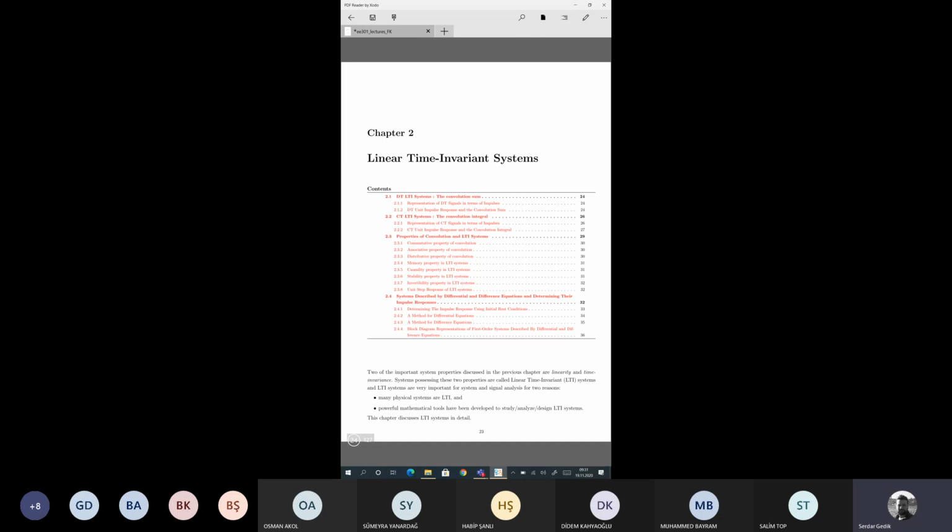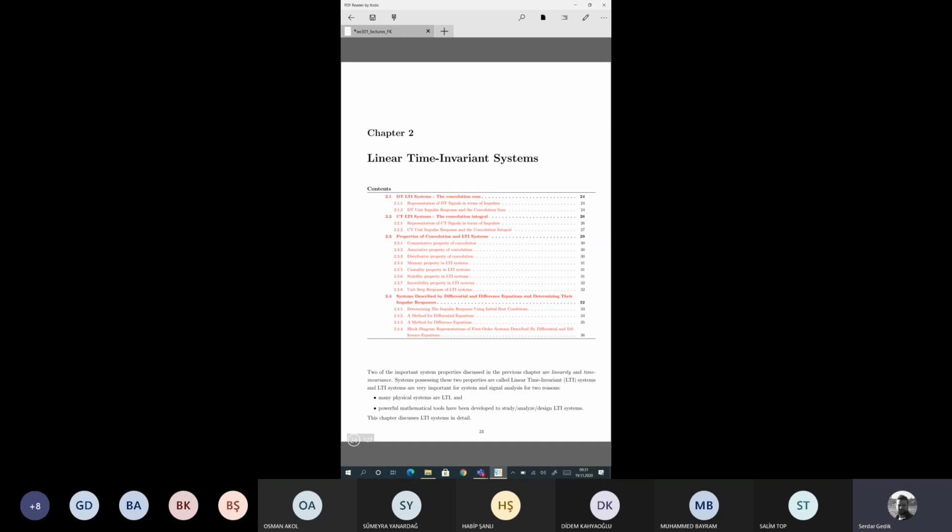In the previous lecture and in the previous chapter, we have seen some properties of systems. Starting from the memorylessness property up to causality, we have seen many properties. Among them, linearity and time invariance are quite important for us. The main reason for this is that many physical systems are actually linear and time invariant. So we have to analyze this characteristic